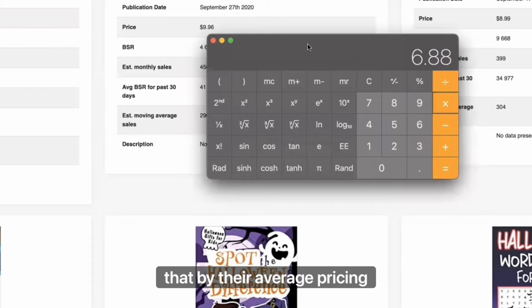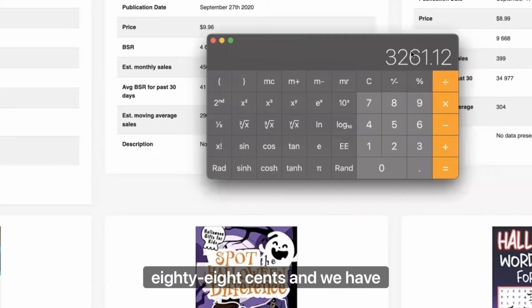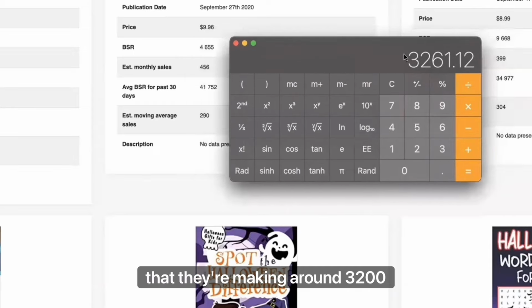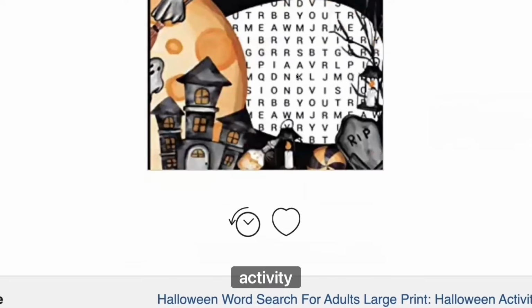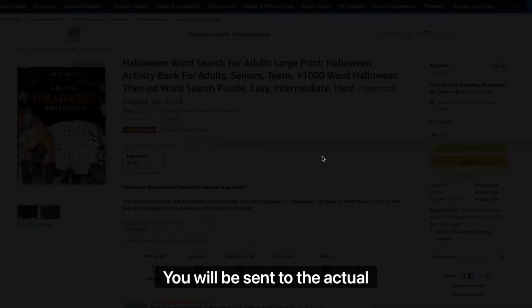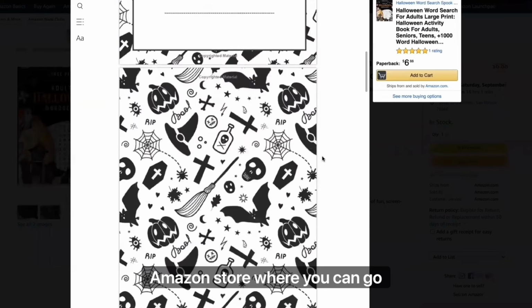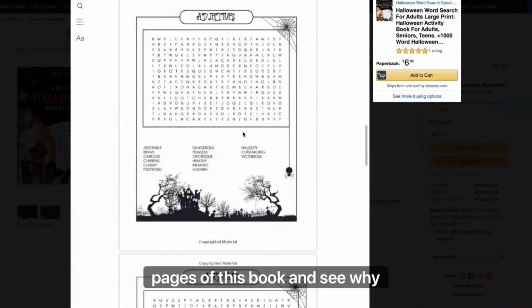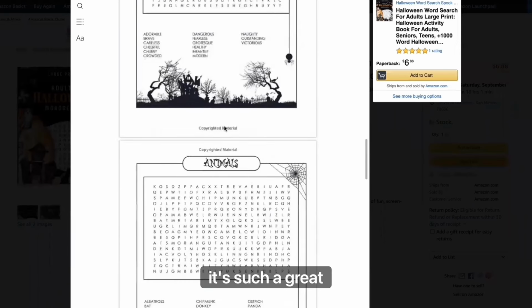Times that by their average pricing for that book, which is $6.88, and we have that they're making around $3,200 every month for that one activity book. And this book is a word search book. So once you click on the link, you will be sent to the actual Amazon store where you can go ahead and look at the interior pages of this book